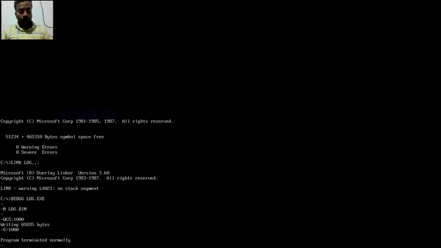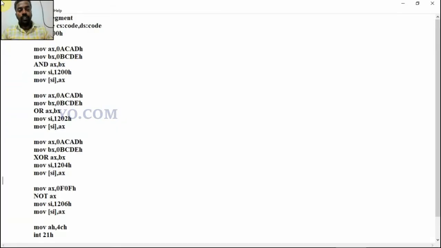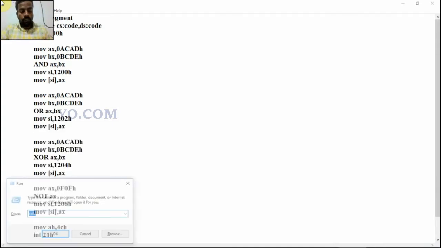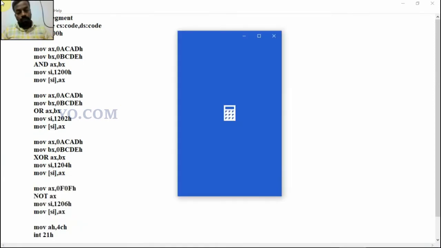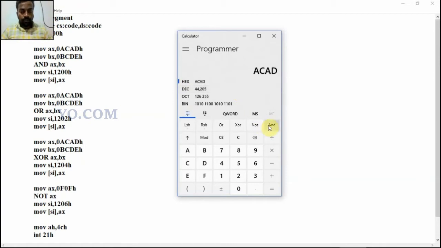Before seeing the output, we must know what the AND operation of ACAD and BCDE will give. For that we use a calculator in scientific mode, then select hexadecimal. Here the logical operations are available. The first data is ACAD, then AND, then BCDE, then press enter.